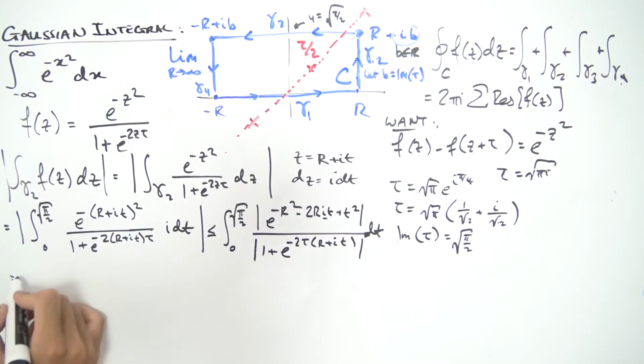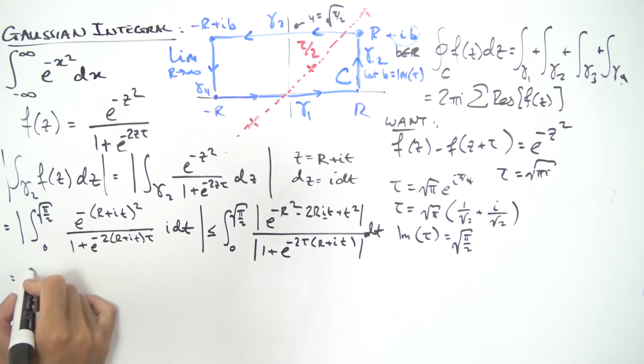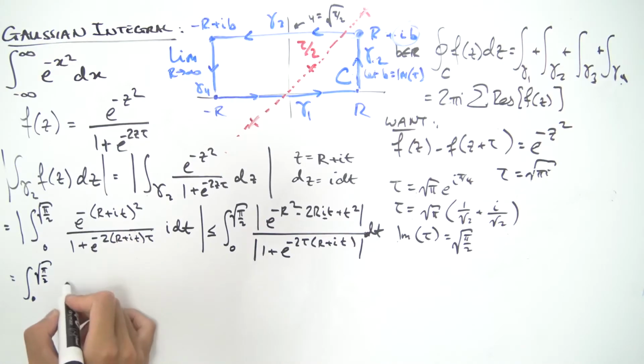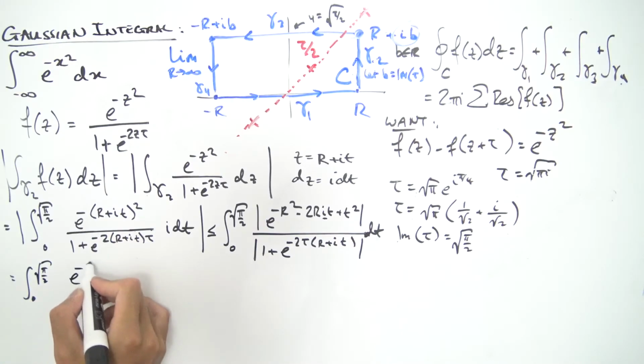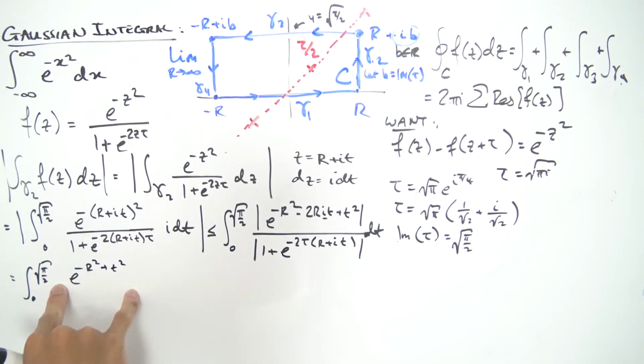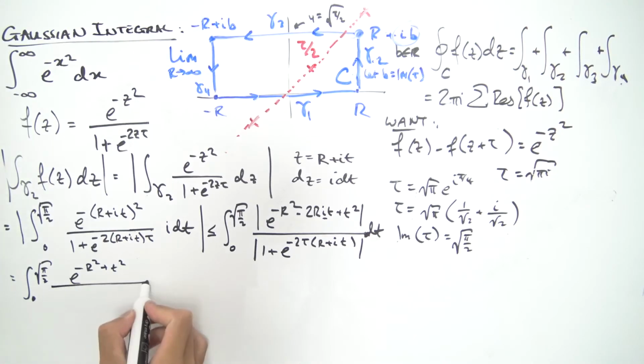So on the top, this is going to end up being equal to the integral from 0 to the square root of π over 2. And on the top, we're going to be left with e^(-r^2 + t^2). We can put absolute values over here, but because the exponential function is always positive, we don't need to worry about that. And we can still divide this by